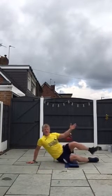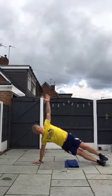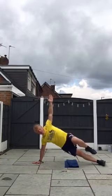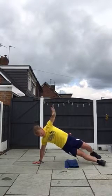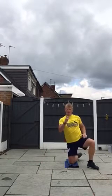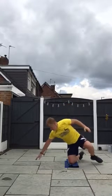Okay, so you're going to be in side plank, you're going to come up and you're going to hold. Then this leg is going to come in and back, in and back. And we're going to do 10, forward and back is 1. Now it's quite hard, that is quite challenging, so if you're struggling, you can do them with one